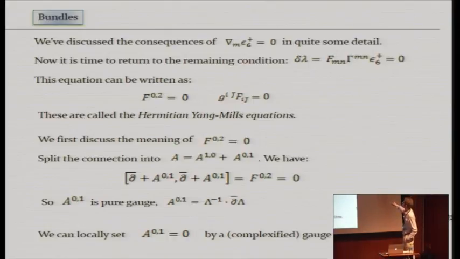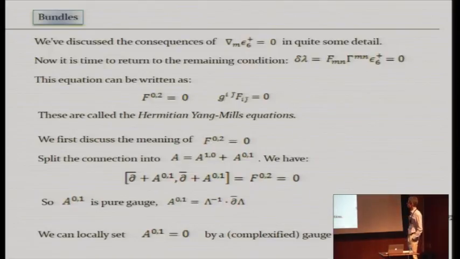If you want to see this, one quick way is to put in an epsilon 6 transpose here, or an extra gamma matrix and extra epsilon 6 transpose, and then use the fact that this gives the Kähler form and gives the holomorphic 3-0 form. So this is equivalent to that. Now let's discuss the meaning of these two equations. First of all, I want to discuss the meaning of having the 0,2 component, everything that has two anti-holomorphic indices,